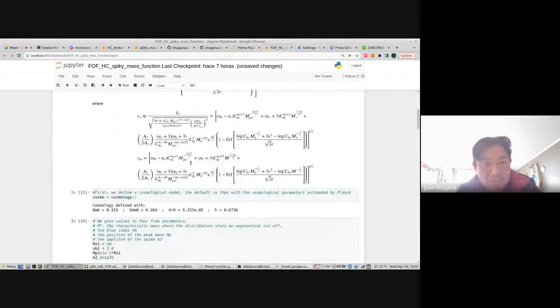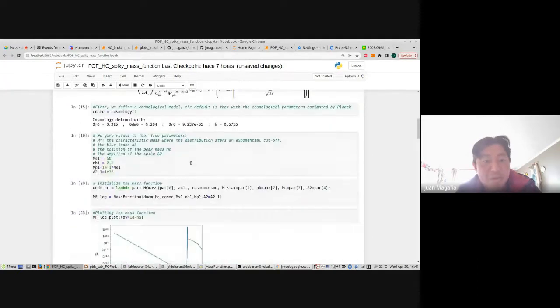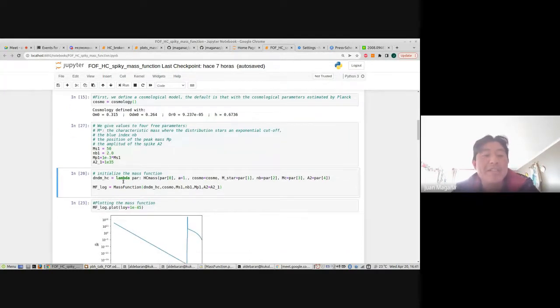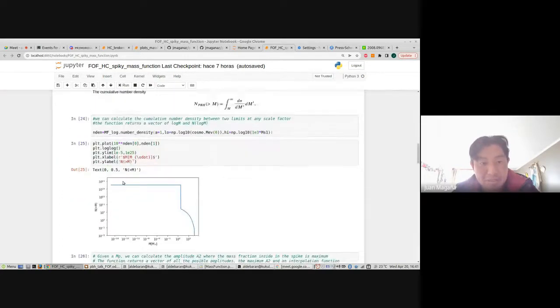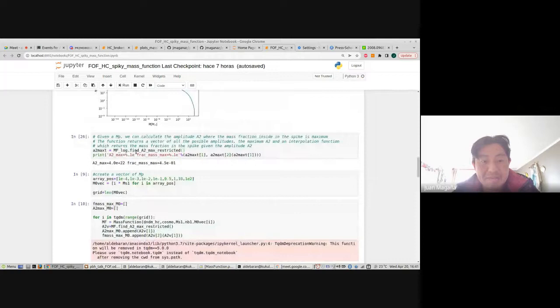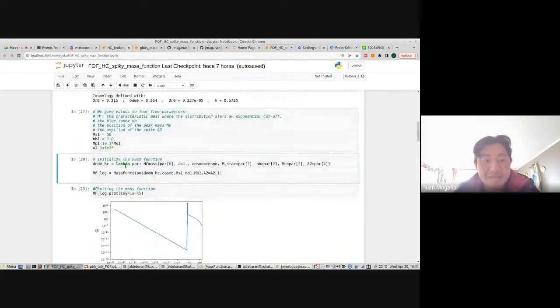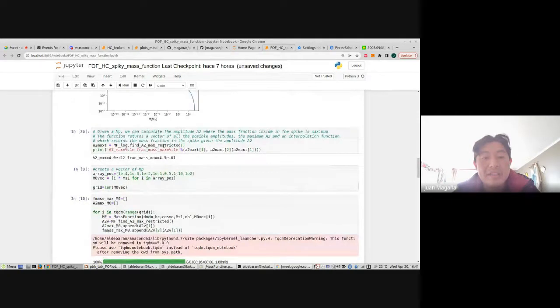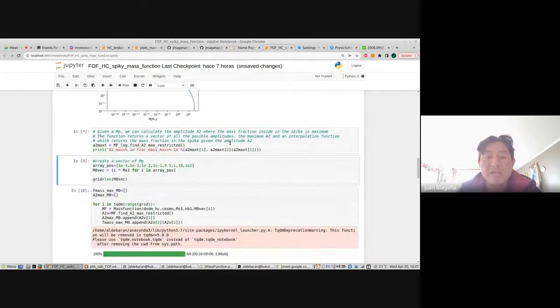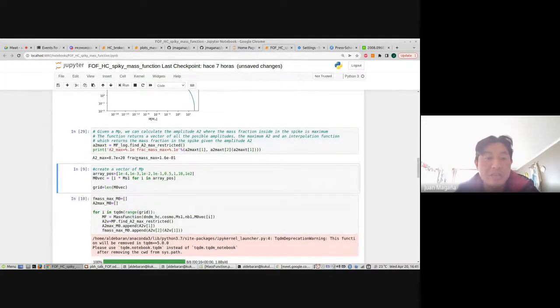For example, observe here, if I change the position of the peak, for example, 10^3 times the characteristic mass M star, I need to create my mass function, and then I can calculate the new amplitude A2.